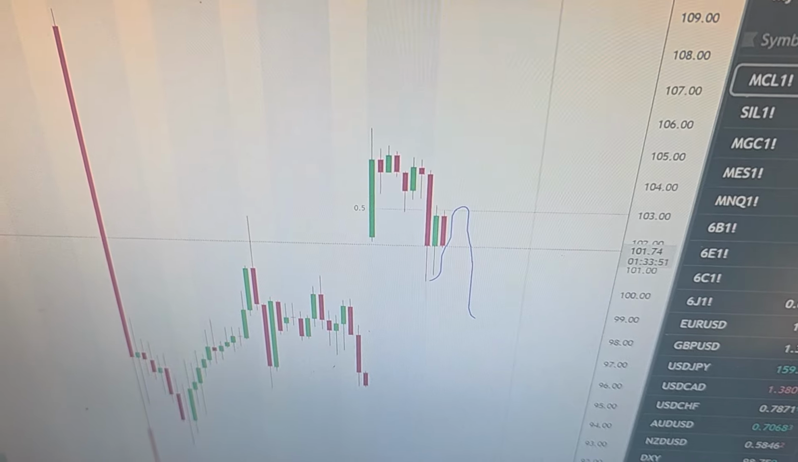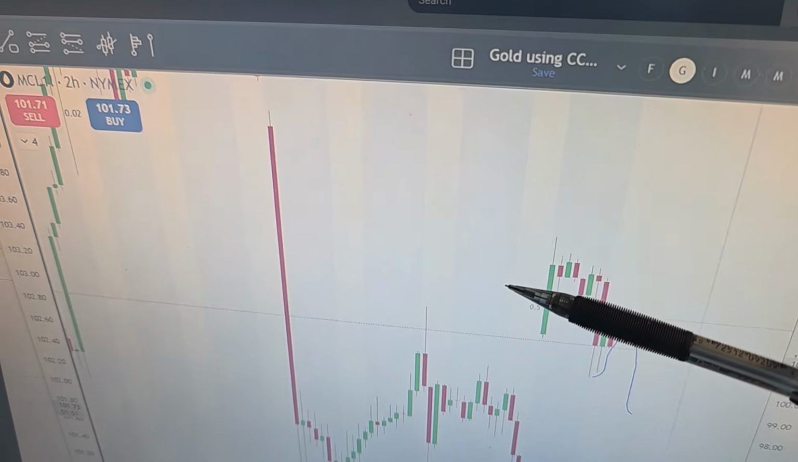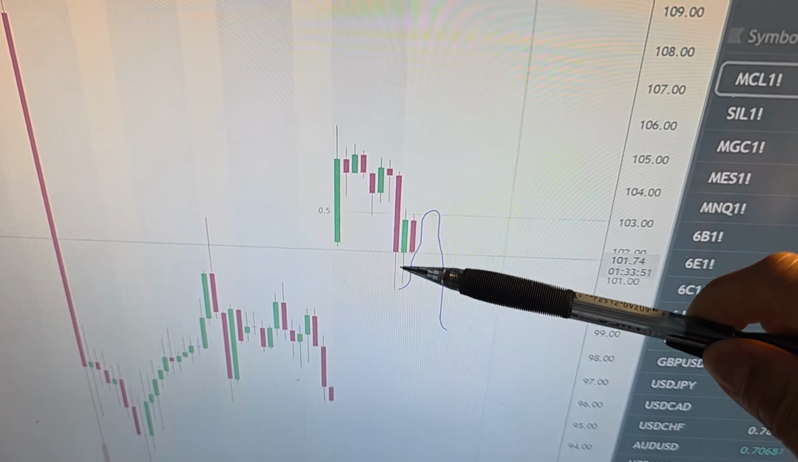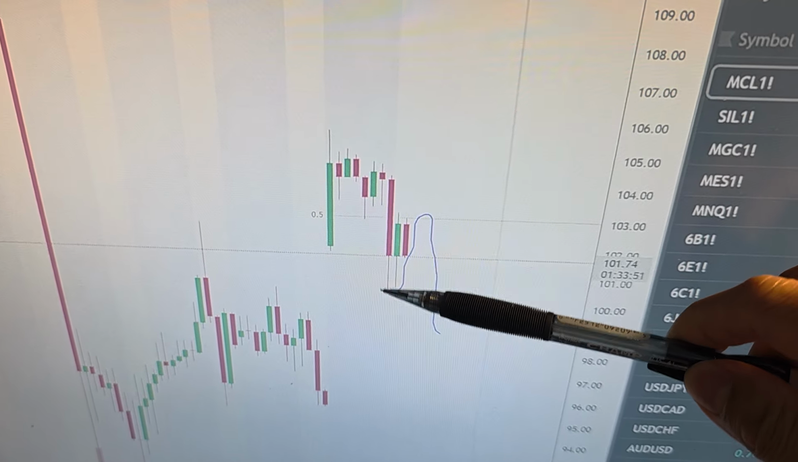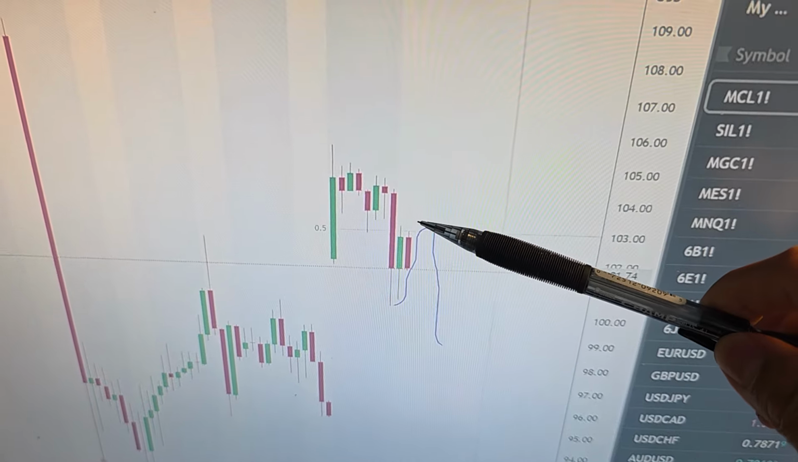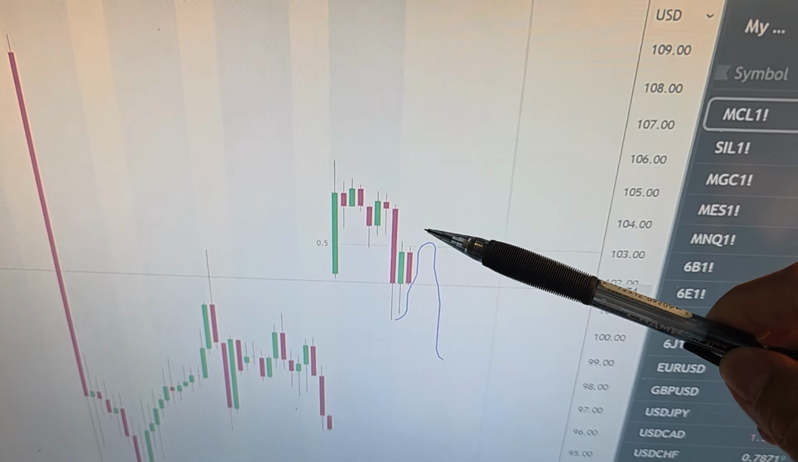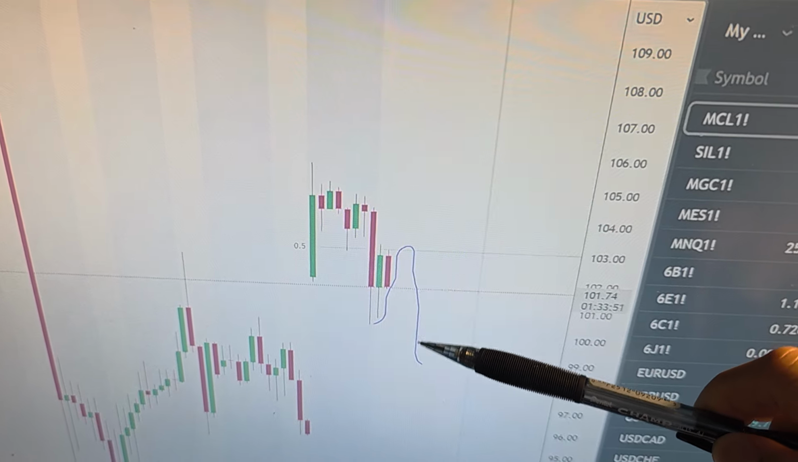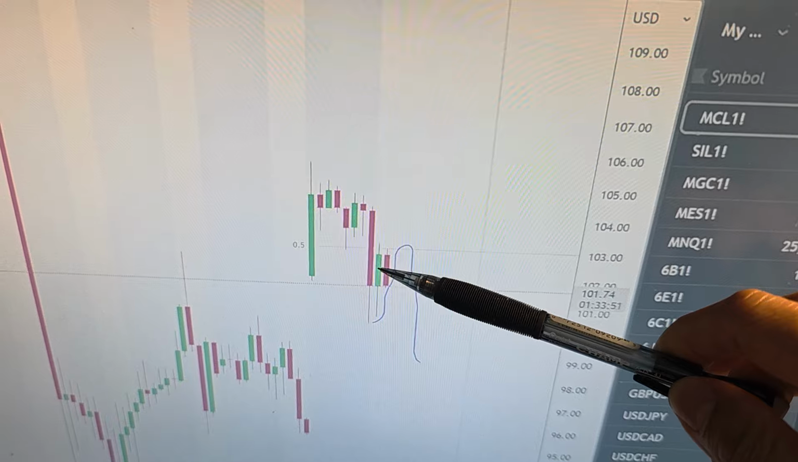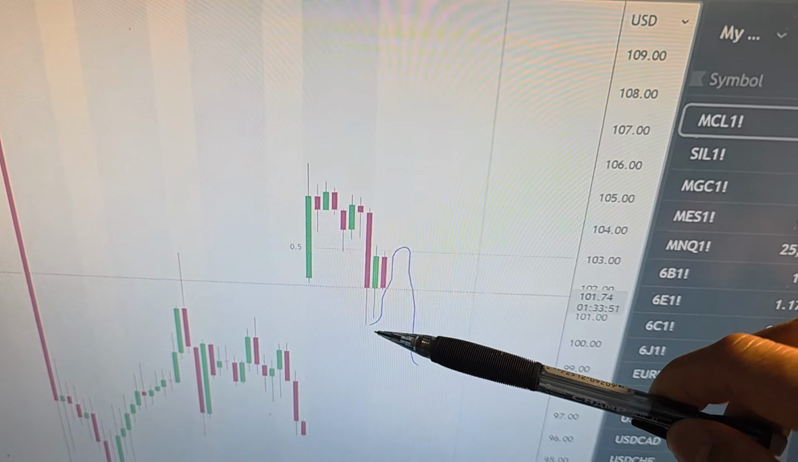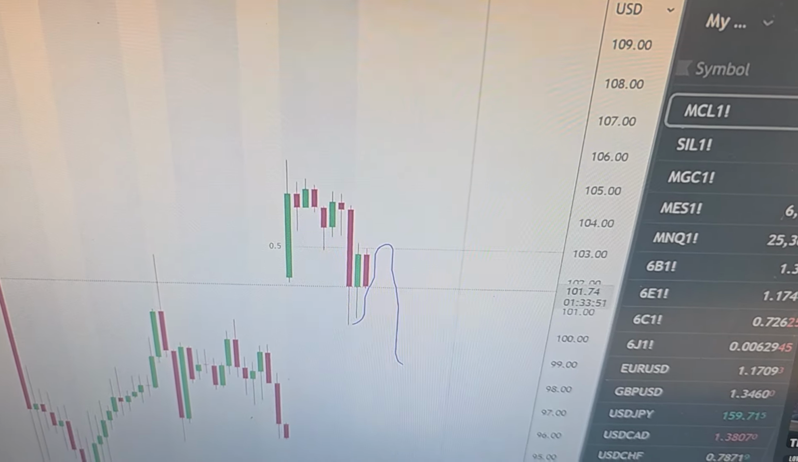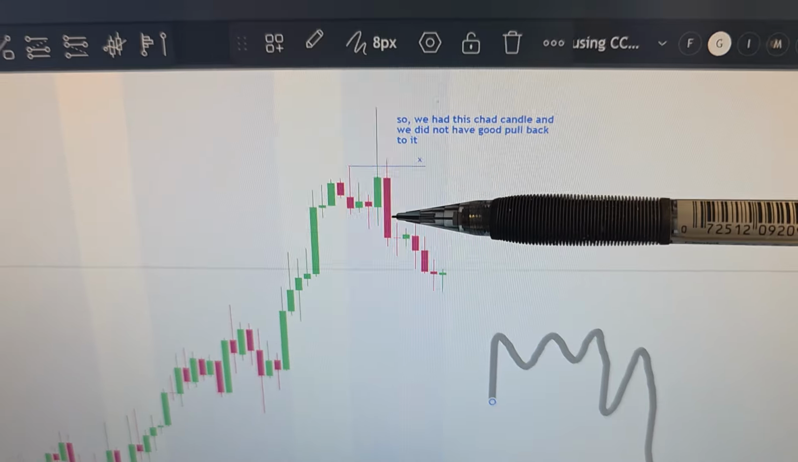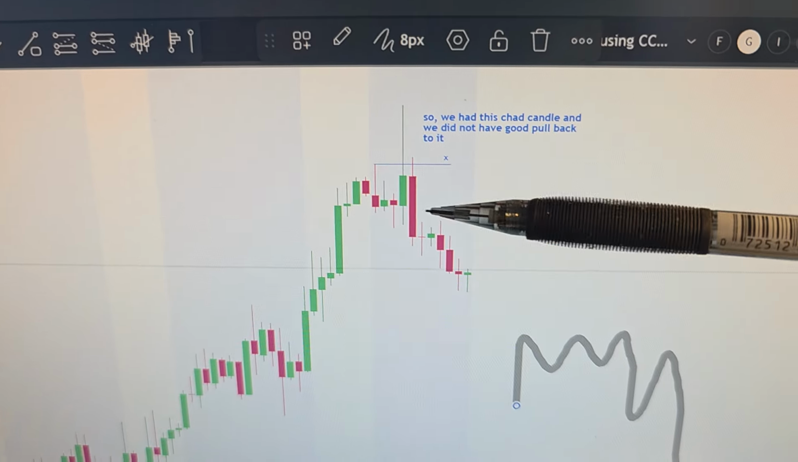Okay, so this is what I mean, right? This was a previous oil and we had a Chad candle. Look familiar? And then we came up kind of right away and then went down, because I drew this thin blue line before this candle and this candle took place. So if you could hold that image and look at this Chad candle on the gold this morning,